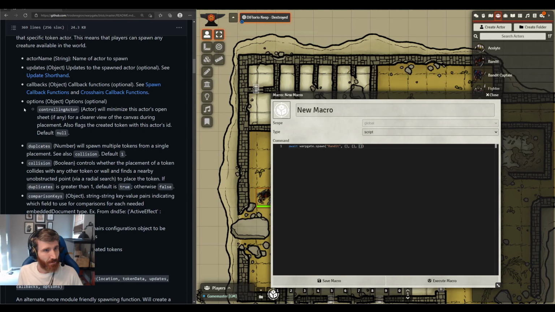Further down in the README, under the options object, it says it's optional, which is correct. You can hand it... Oh, my formatting's off. All of these should be one level more indented. The controlling actor, this is more of a placeholder, but it can be used with other modules. It just says, hey, this spawn was spawned by this actor. So if you wanted to start strictly associating summons with tokens on the board and modify controlled summons,